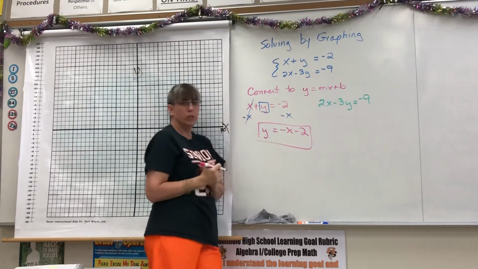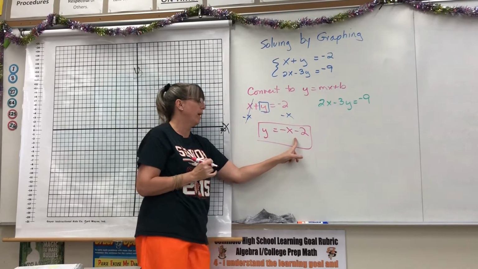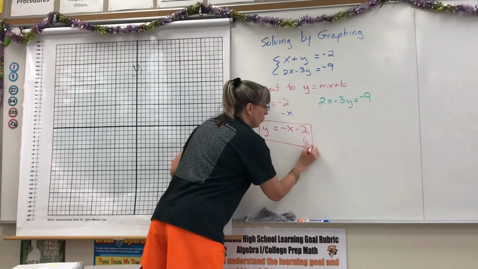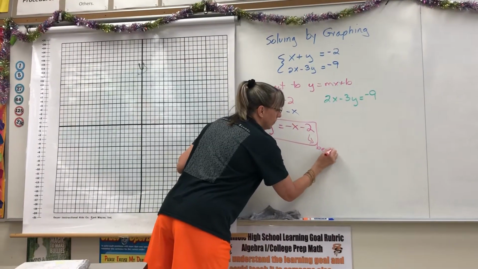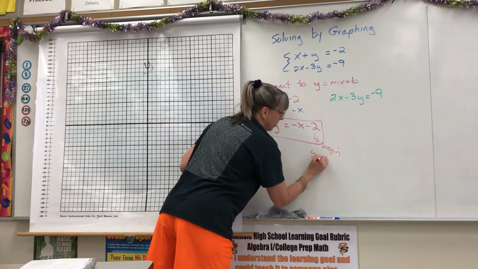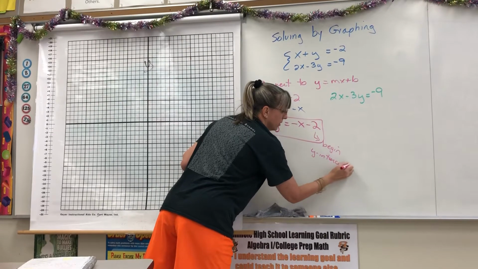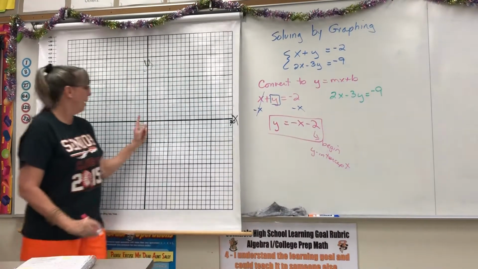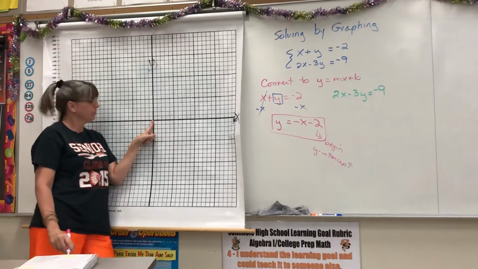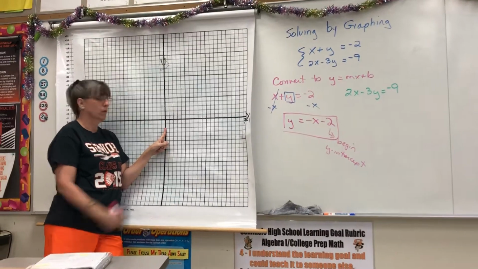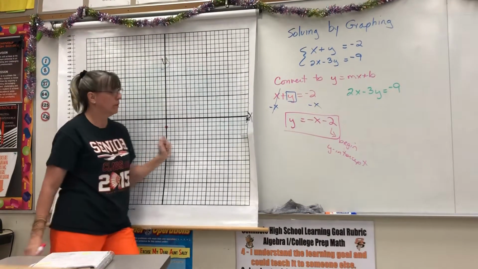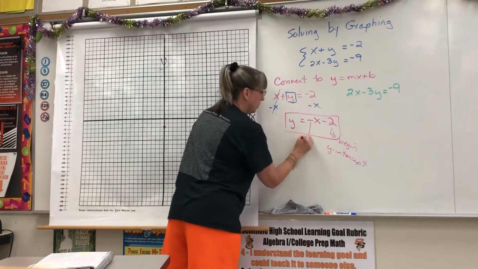Here is your first equation. Let's graph that. B is where we begin. Okay, that is your y-intercept. So we go to our graph, start at the origin, and go down 2. Okay, negative 2. My slope